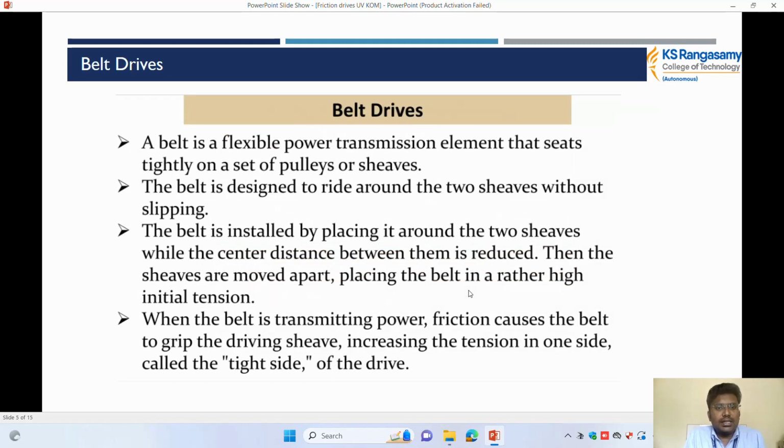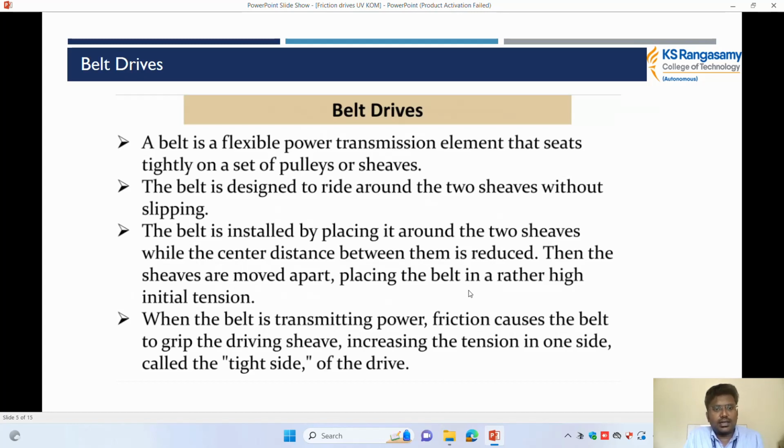Next topic is the belt drive. Nowadays the belt drive is mostly used in all automobile sectors and also in industry. For example, the belt drive is mostly used in compressors, lathe machines, grinders and also in home applications. The basic definition of the belt drive: a belt is a flexible power transmission element that sits